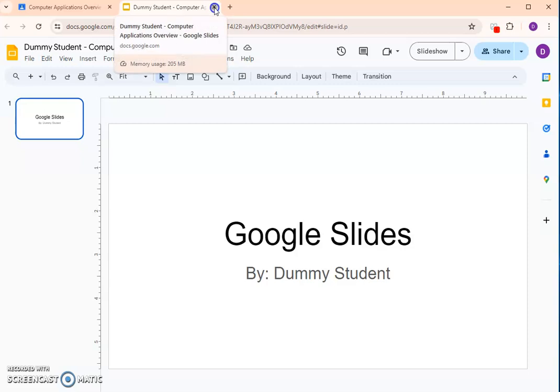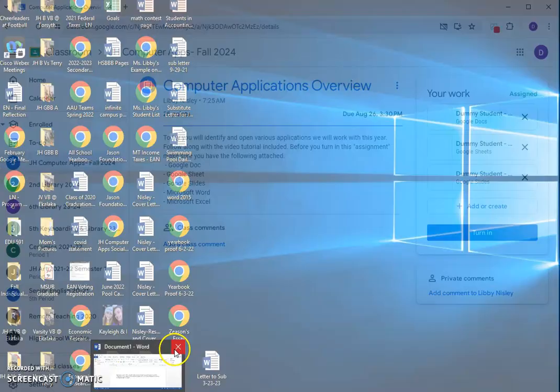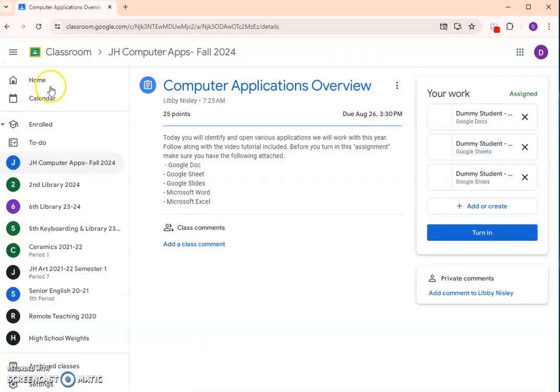Now look, when we exit out of it, we have docs, we have sheets, and we have slides attached, right? But what else did I say you needed to have? Microsoft Word and Microsoft Excel, and these ones are different. Okay, so what you're going to do is open up a new Microsoft Word. In order to do that,